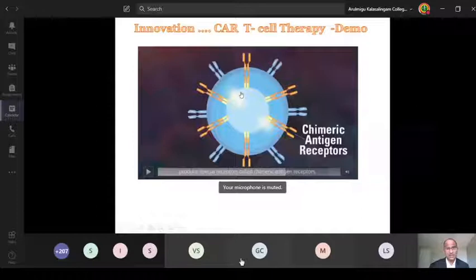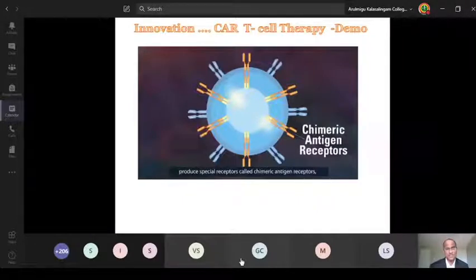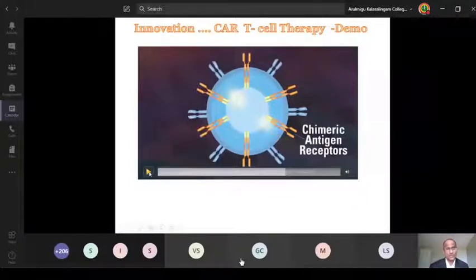So this is the T cell. All these are called chimeric antigen receptors on the T cells, tagged. Isolate the T cells from the patient and send them to the manufacturing site where they will incorporate the chimeric antigen receptors on the T cells. So this is called CAR T cells. How it's going to kill the tumor cells, you can see in the next step.